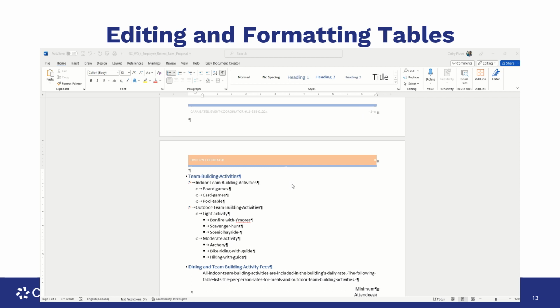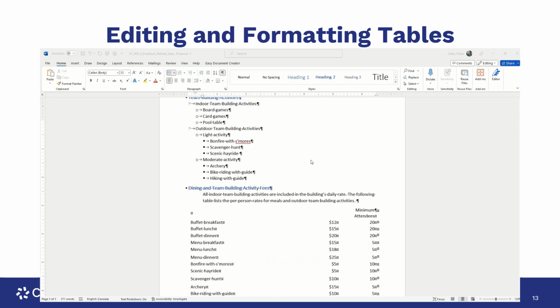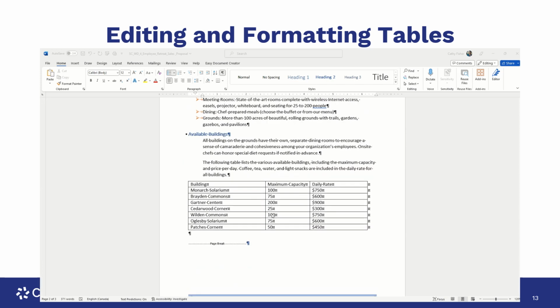All right, now that we're done with the multi-level list, we are going to work with the table. Let's see where my table is. We have a table right here. This table has the data in there, which is lovely, and we're going to edit this table. So the first thing we're going to do is change the column widths of the table. If I put my cursor in the table, you can see up here in our ruler, if you have your ruler showing,